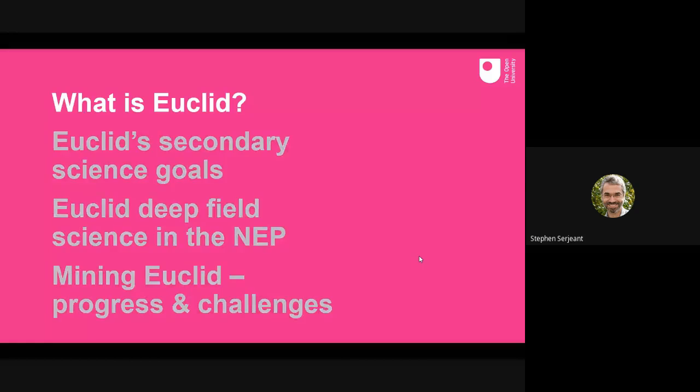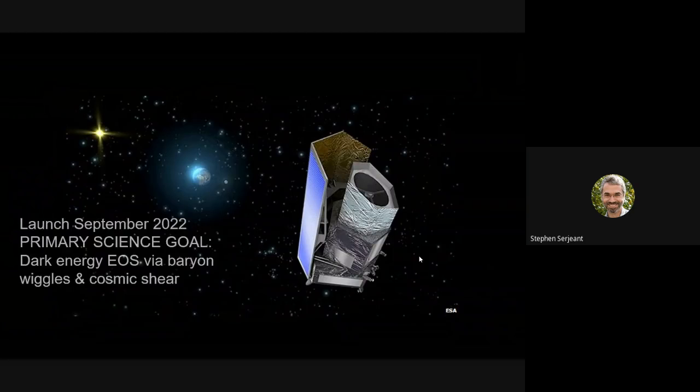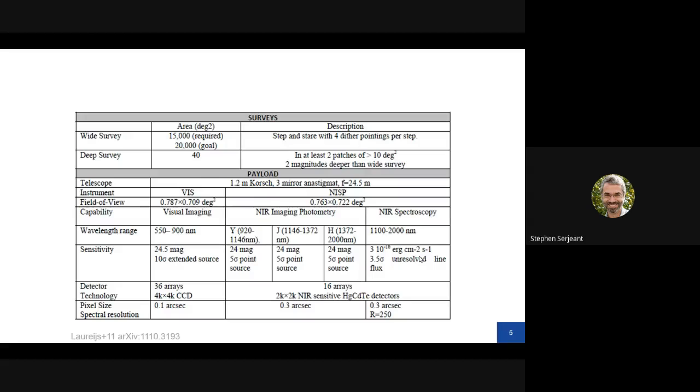So, kick off. What is Euclid? Euclid is a 1 meter class telescope that will be mapping about half the sky. It's launching in September 2022. The primary science goal of Euclid is dark energy equation of state via baryon wiggles and cosmic shear. And so to do this, it is mapping at least 15,000 square degrees